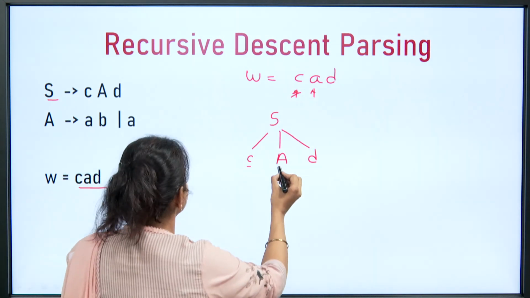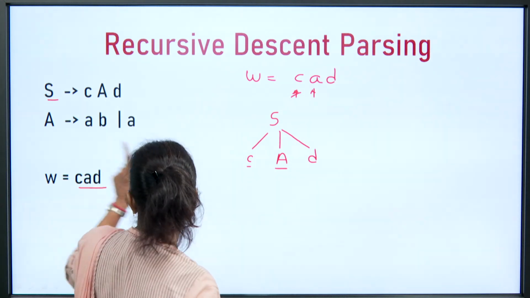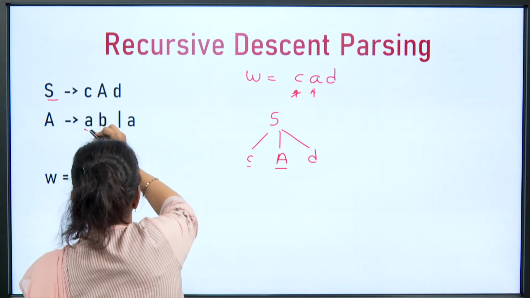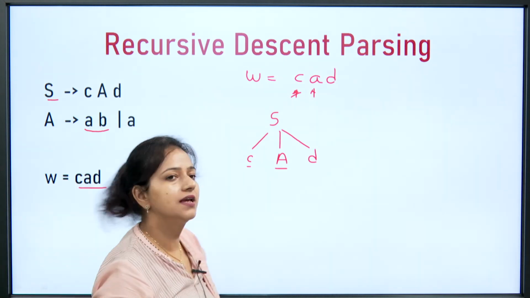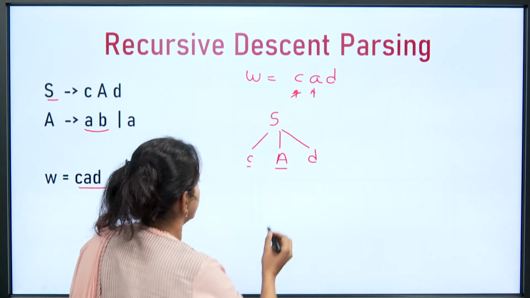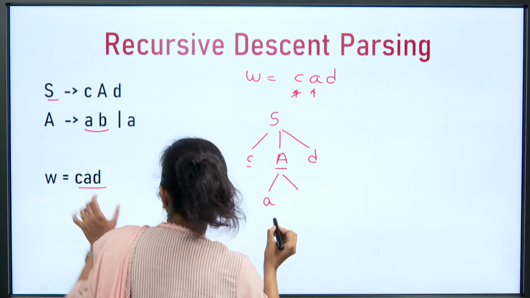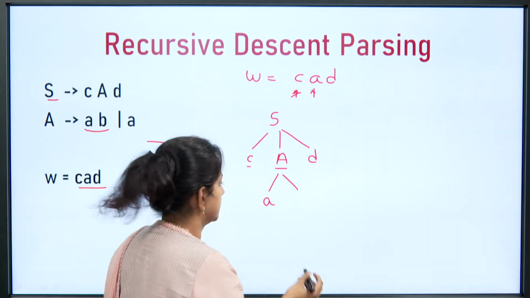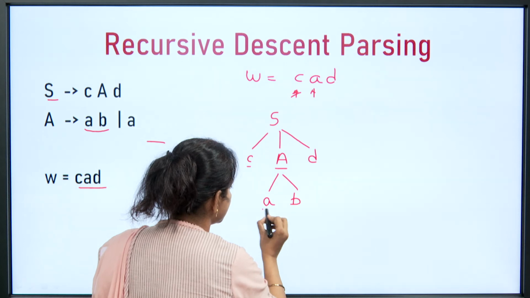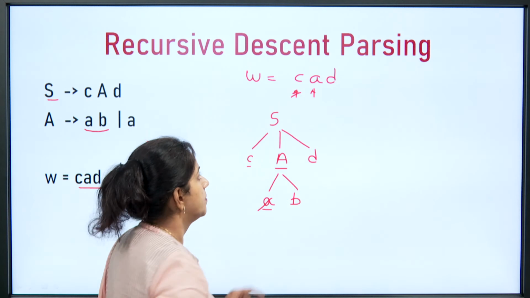Now, we go to this non-terminal, capital A. We will go to the A productions, and we will apply the alternates one by one. The first alternate also begins with input symbol A. So, we will apply this alternate, and A should be expanded with the first alternate as per the rule, because we apply alternates in sequence. So, this is A and B. After applying, the next symbol is A and the input symbol is A. Again this is matched.